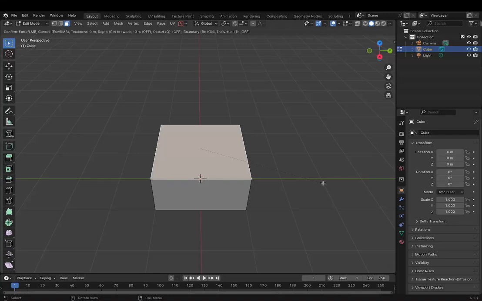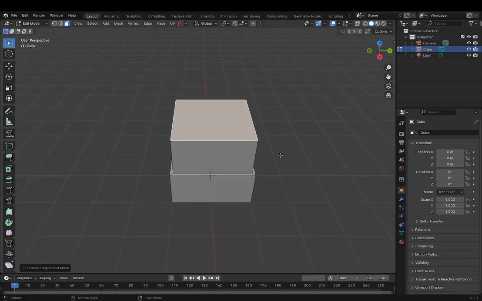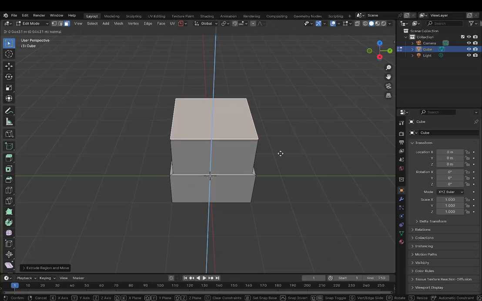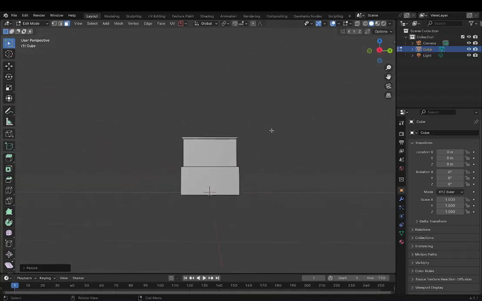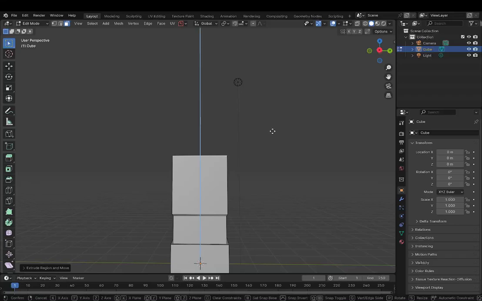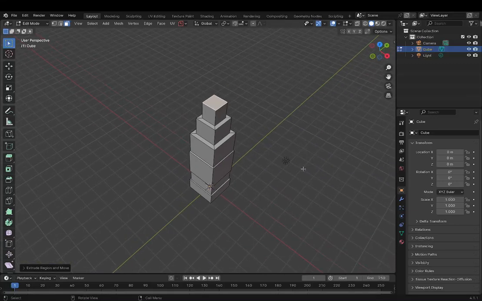Then I would inset it just a bit, extrude it 1 meter, extrude it another very small distance, 0.05 meters, scale it up a bit, then extrude it again, then extrude it again, then scale it, and then extrude it, then inset it, and then extrude it, and then inset it, and then extrude it. You get the point. Insetting and extruding lets you do a lot more than just moving around vertices.